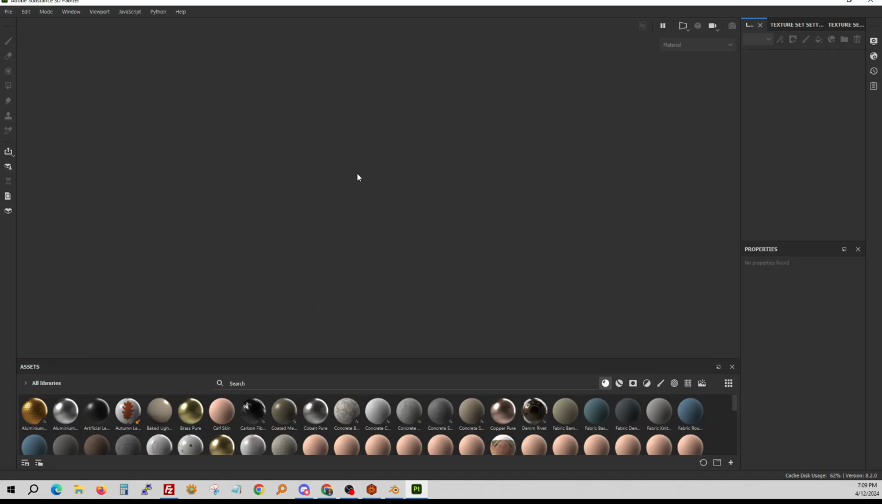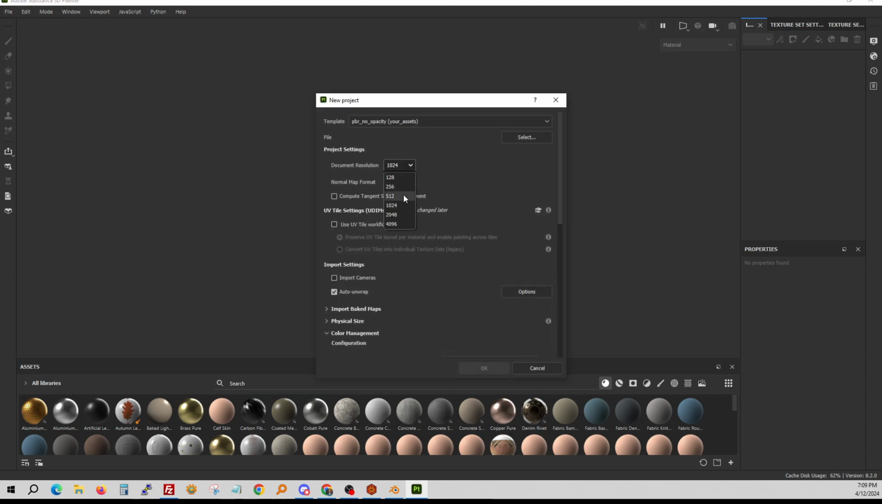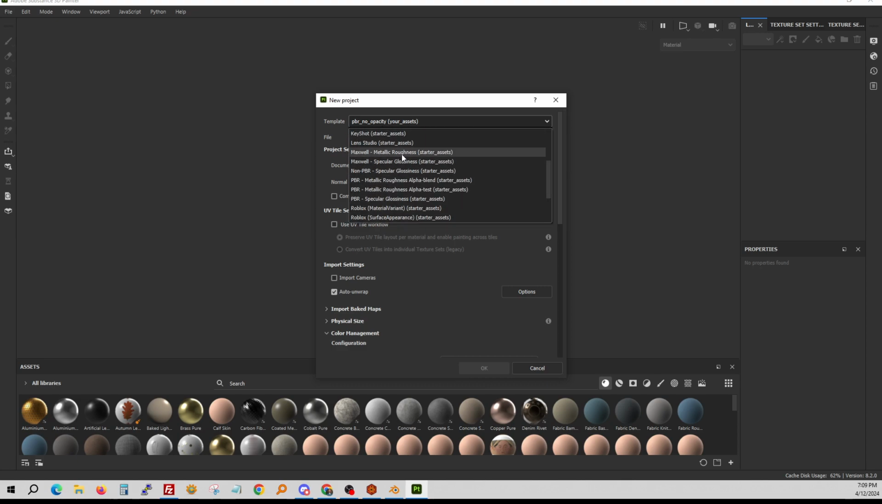Now, I just opened up the program. I'm going to go to File, New, and I know I'm going fast, but this will be on YouTube, so feel free to pause. I like to work in 2K, and then this template, I have PBR no opacity. I set this up, and I'll show you what you need to do if you're just using like a PBR metallic roughness,